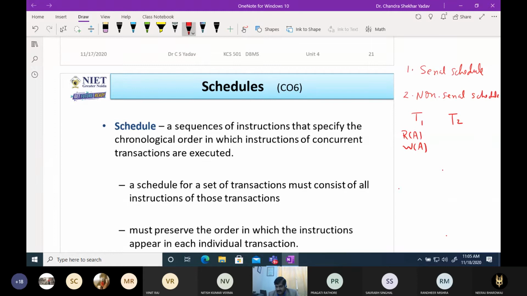And an example of a serial schedule: read A, write A, then read B, write B. First we execute all the instructions of T1 and then we execute all the instructions of T2.